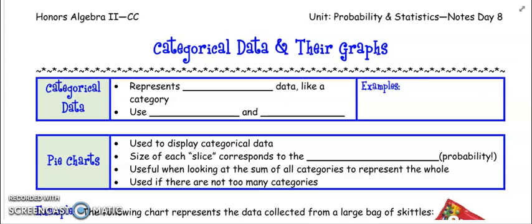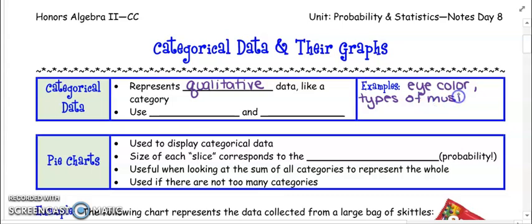We're looking at notes day 8, and we're going to be focusing on categorical data and their graphs. So what is categorical data? Well, first of all, it is something that represents qualitative data. Something like a category, okay? Examples of that, something like people's eye color or types of music that people like or types of candy,